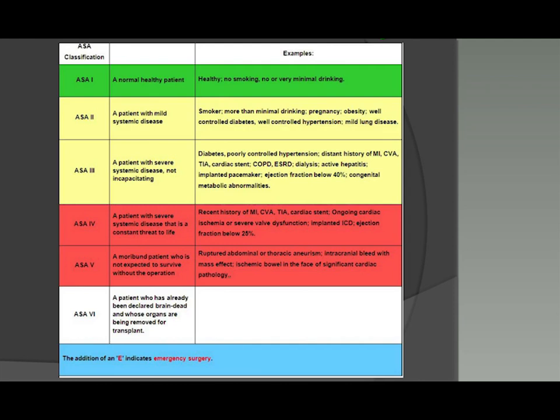ASA classification is really considered a standard of care, especially if you're doing any sort of sedation at all. But really, for all our patients that we're going to be giving local anesthetic to, we should have them categorized. American Society of Anesthesiologists, 1 through 6. Most of our patients, hopefully, are going to be here in the 1 through 3 range. Occasionally, in the hospital setting, we will get into patients that are in ASA 3 and ASA 4 category, but